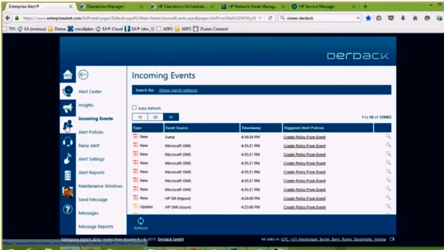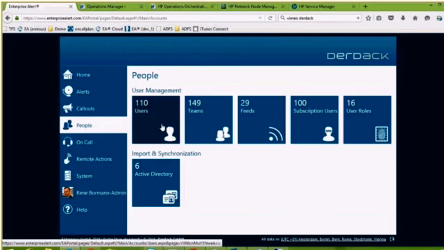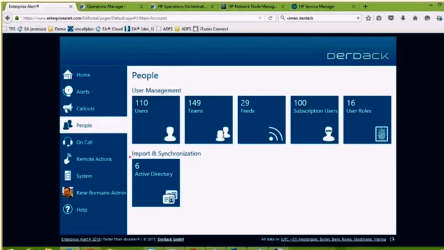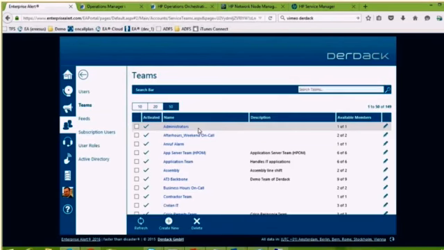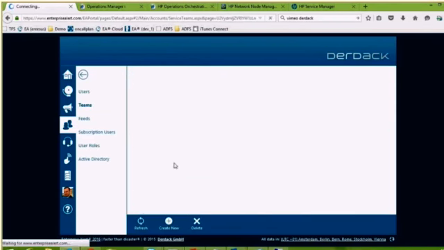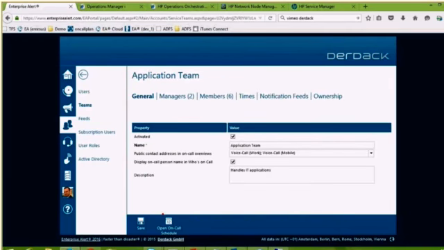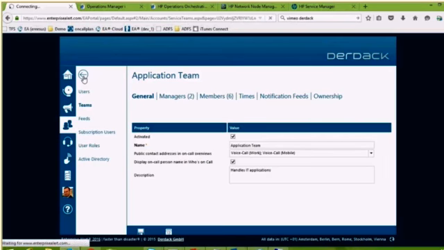User provisioning can be done manually or automatically. That depends a bit. Usually we work with Active Directory. So we actually open this tile and then select some groups from Active Directory that you want to import. Then we also create the teams, and from there on you would just actually go straight ahead and schedule on call. As you can see it here, create your policy, and then it triggers and sends notifications to